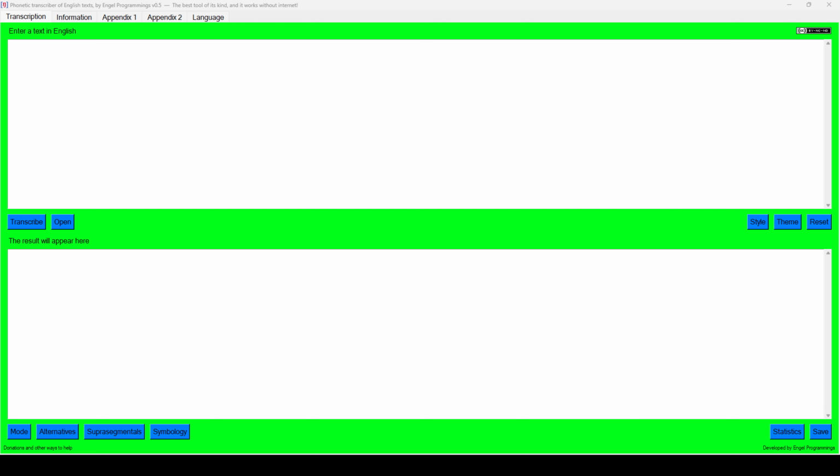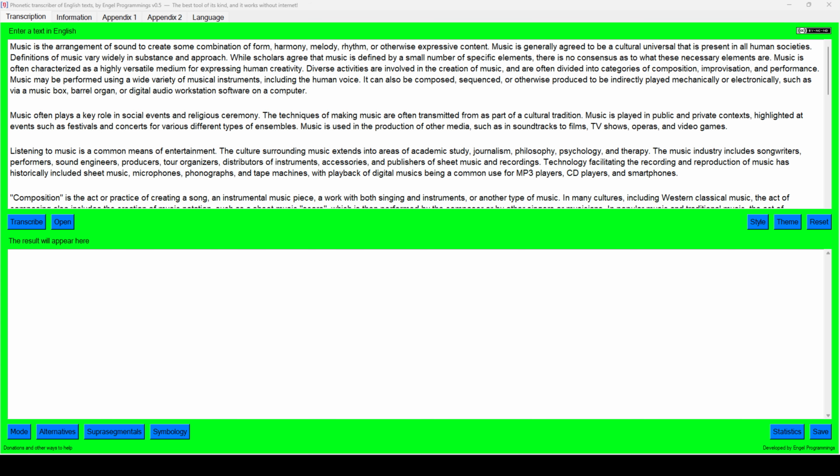On this occasion I'm using version 0.5 of the program, which is the most recent at the time of making this video. When you open it, you'll see these two text boxes. The top one is for putting the English text that you want to transcribe phonetically, and the bottom one is for displaying the result. You can hover your cursor over any of the buttons to display a brief description of it. To use the program, type or paste something in the first text box. You can also import the text from a TXT, docx, PDF, or EPUB file, then click the button that says Transcribe and you'll get the result in the other box.